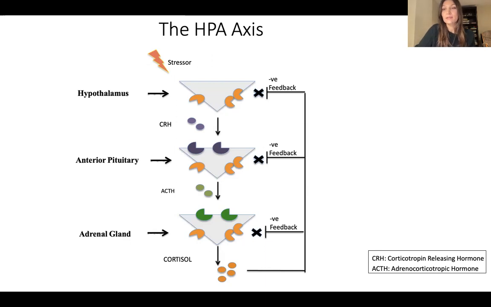The important part here is that this pathway is turned off as soon as we don't need this activation and the secretion of cortisol. It's important that the pathway is really conservative and is turned off as soon as we don't need any more circulating cortisol. So cortisol will then feed back into its receptors at the level of the anterior pituitary and again at the hypothalamus. And this will tell the hypothalamus to stop secreting corticotropin releasing hormone and will shut down this pathway so